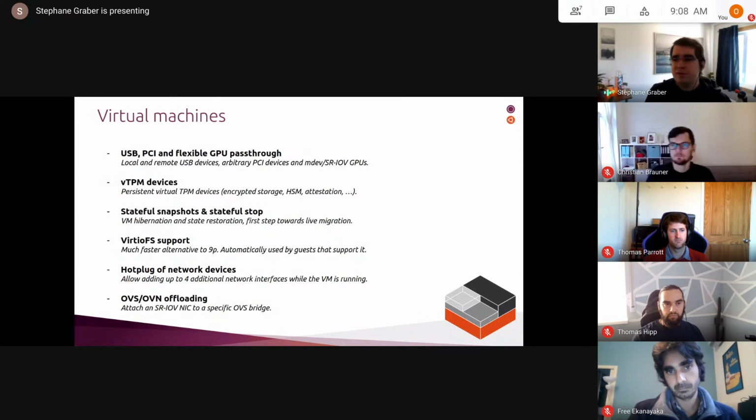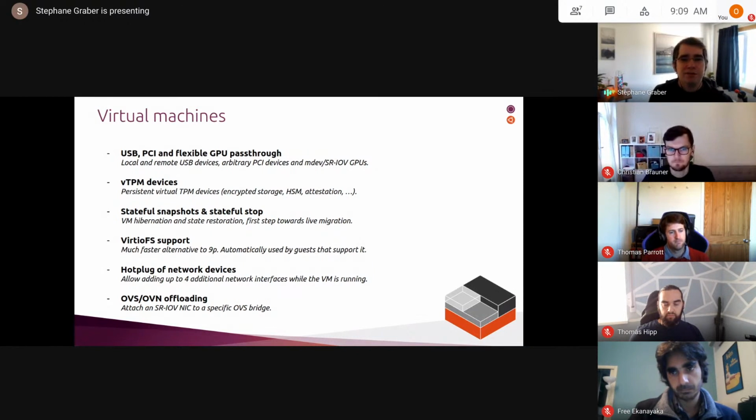The next point is we actually see it in both virtual machines and containers. That came also from work that Thomas did. We now have support for VTPM devices. That's effectively like a separate process that we run alongside the virtual machine or the container, and that provides what looks like a normal TPM inside of the instance.